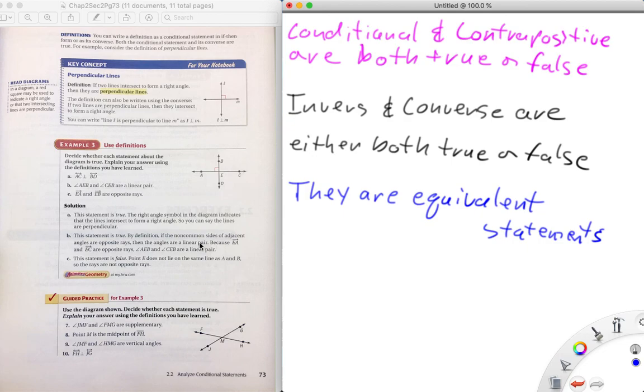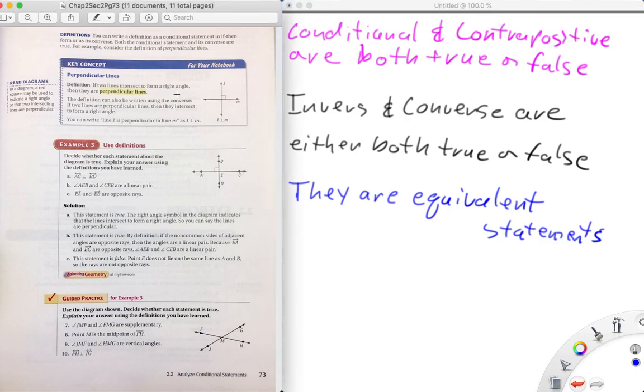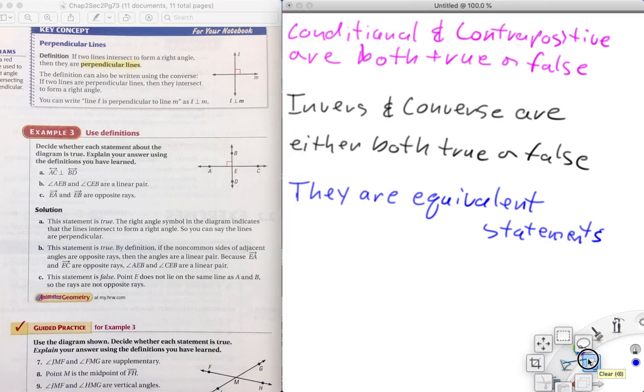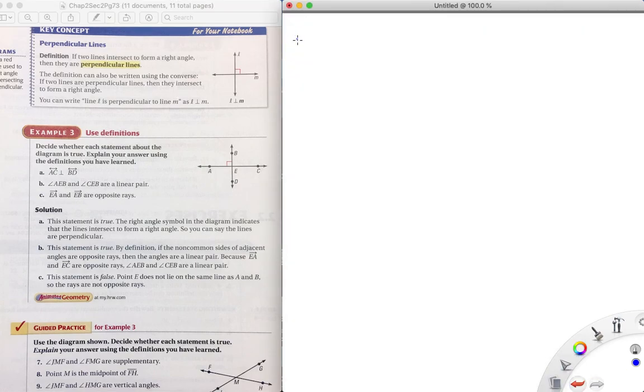So when you have a situation where they're equivalent statements, it doesn't really matter which one is your hypothesis or which one is your conclusion. So when we talk about a definition of perpendicular lines, by the way, what is a perpendicular line? Well, there's two ways to write it. So if we do it in the form of an if-then, if two lines